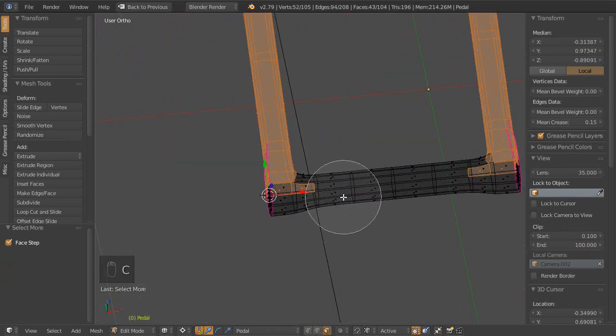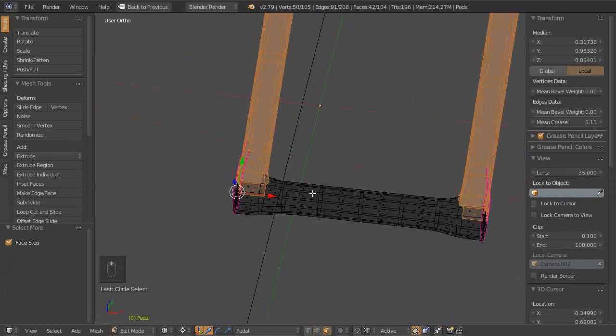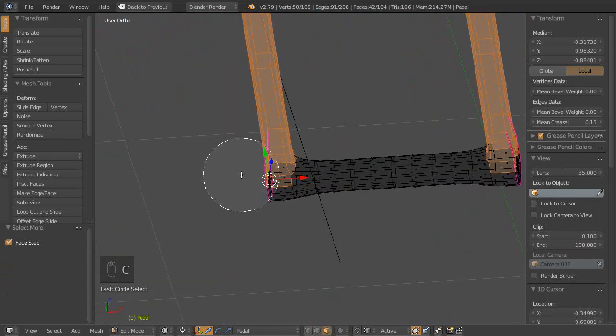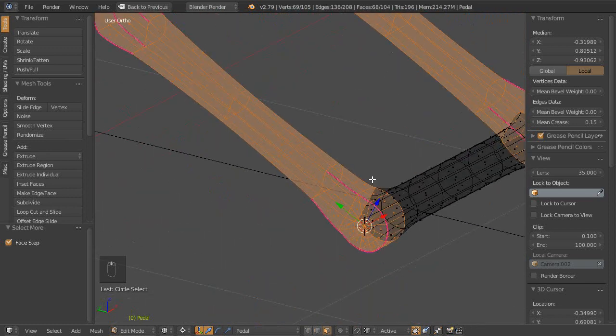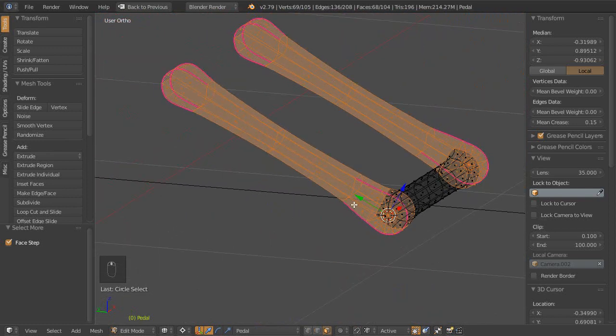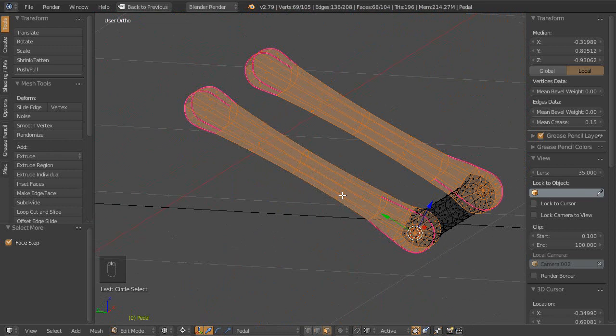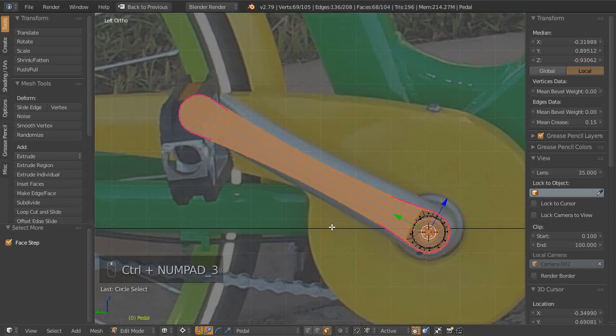Don't need those. But I do need these. Oh, what happened? Okay, there. I need that one. So, let me see, Control 3. This is just looking at that, scale. Still I'm using my pedal